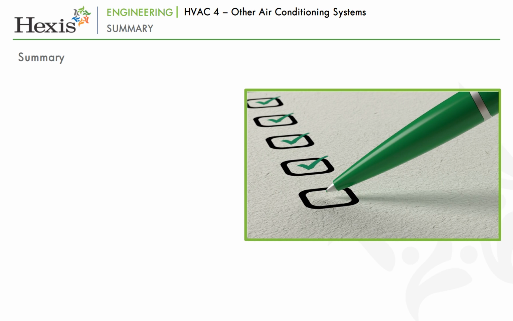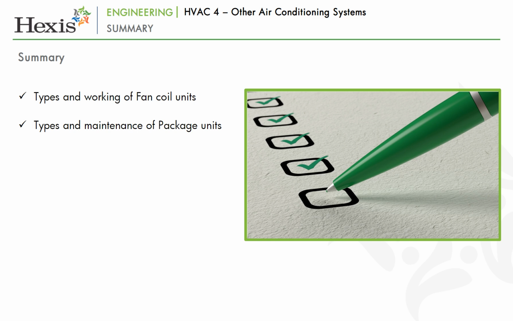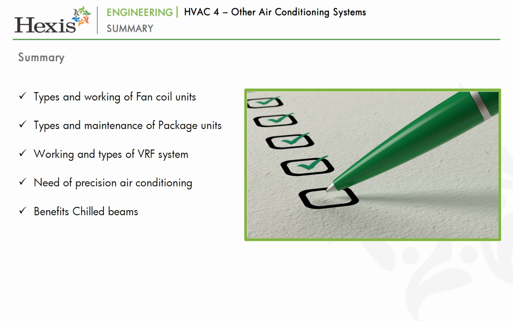That brings us to the end of part 4 of this module on HVAC systems. In this module, you learned about types and working of fan coil units, types and maintenance of package units, working and types of VRF system, need of precision air conditioning, benefits of chill beams, thermal energy storage,